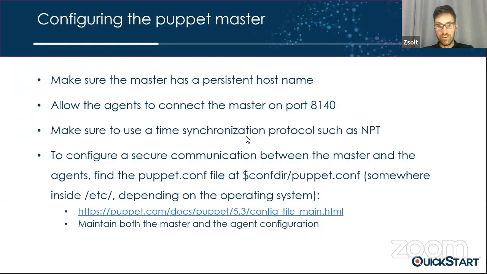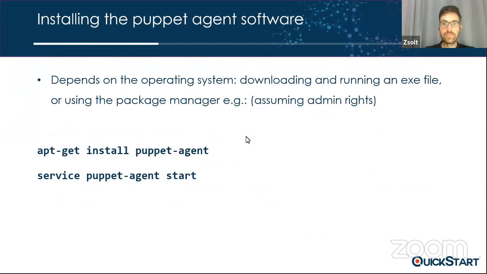This confdir folder is something that you can retrieve from the Puppet settings with some of the Puppet tools anyway. So this is something that depends on your Linux type. It might be different in Ubuntu than in, let's say, CentOS or whatever else. I think that Puppet is using CentOS in its own virtual machine that is there for basic training purposes. So they even gave you some tool to learn, actually.